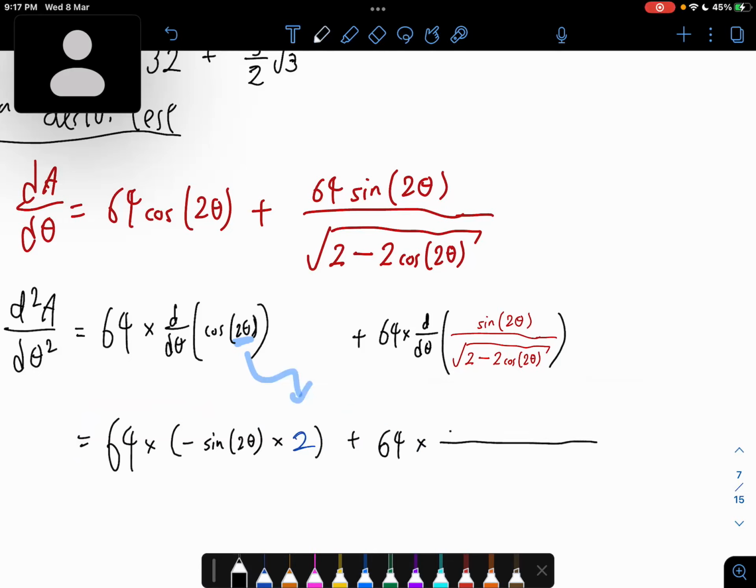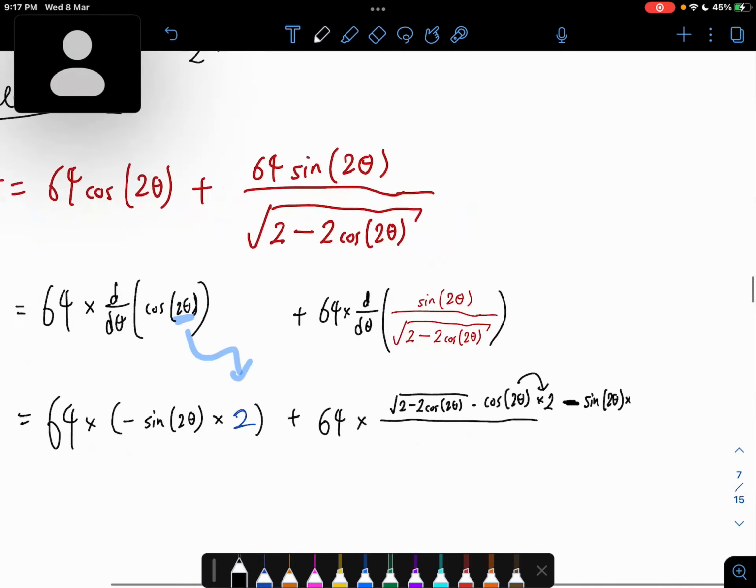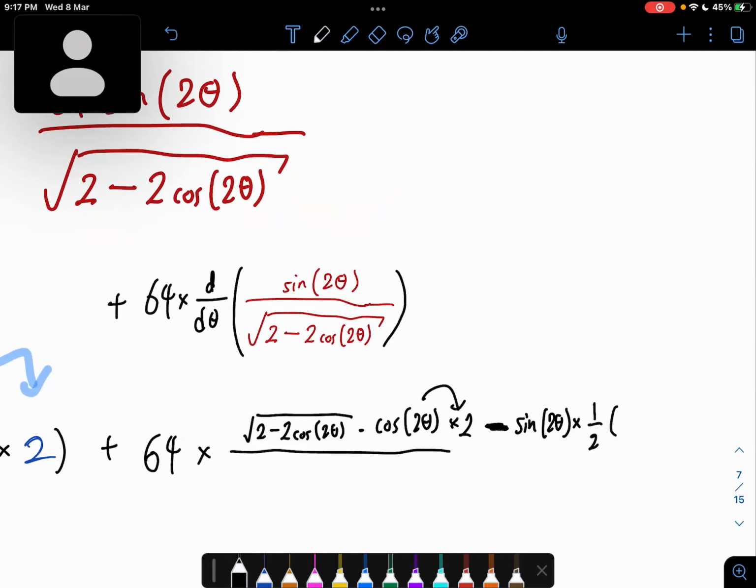So low is this guy, and D sine 2 theta will just be cosine 2 theta times 2. If you're faster, go ahead. Okay, can I just skip that step? I don't write this, I just immediately replace. Yes, can. Cosine 2 theta, and then don't forget chain rule times 2. Low D high done. Then minus, high D low: sine 2 theta, then times half. Good. Then times 2, and bracket open 2 minus 2 cosine 2 theta, bracket close, minus half,